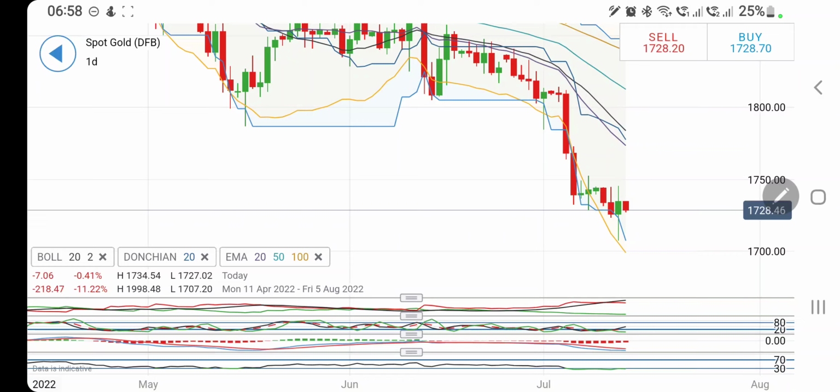and 1745. Be watchful of 1745. If it trades above 1745, it may give you a strong bullish move which might take it towards 1755 and 1760 levels. So be cautious and watchful of that. On the downside, if it drops below 1724, take a sell entry there, go short at 1724,